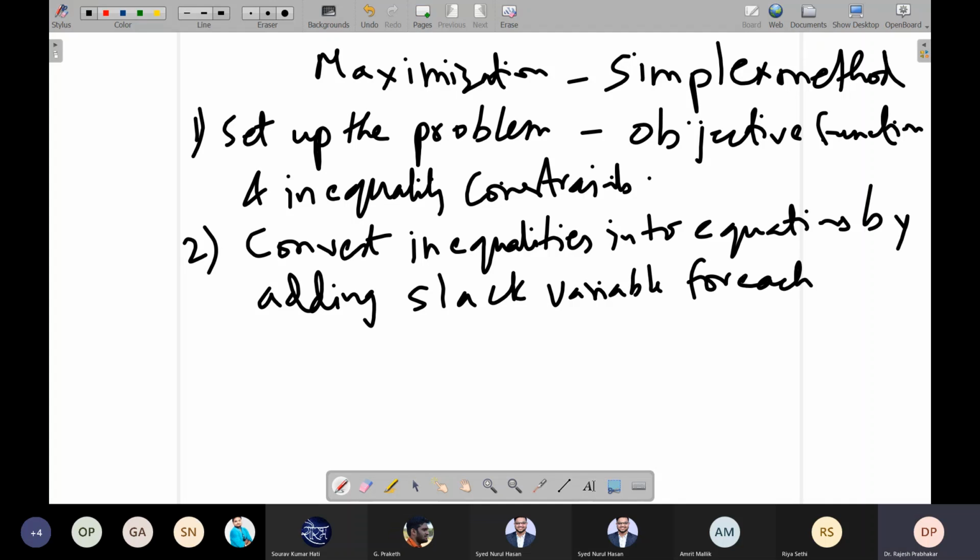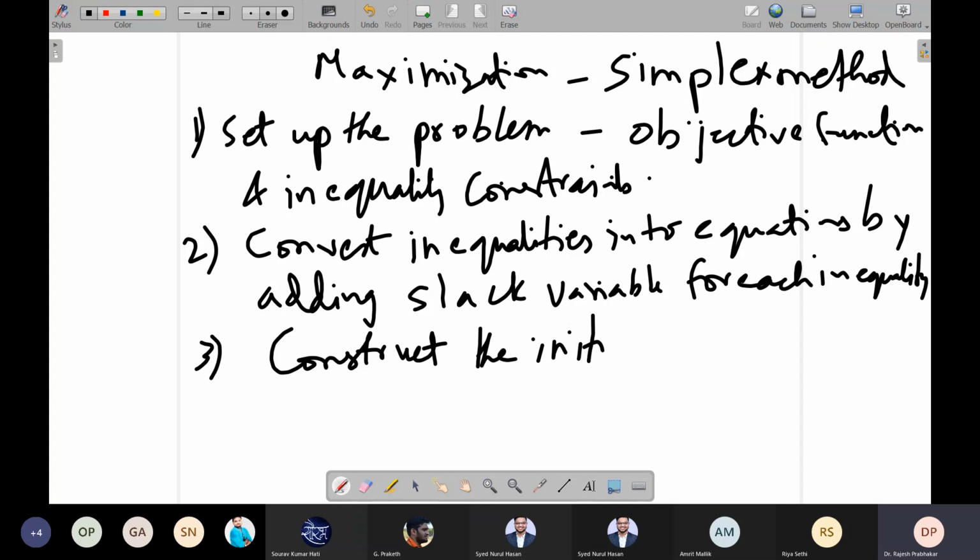Step 3. Construct the initial simplex tableau.